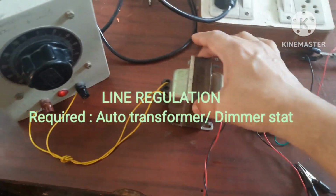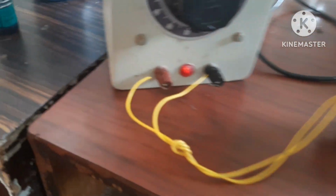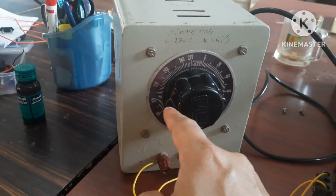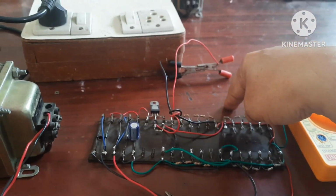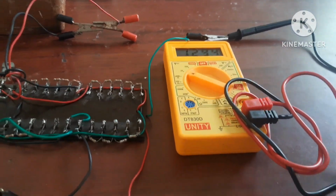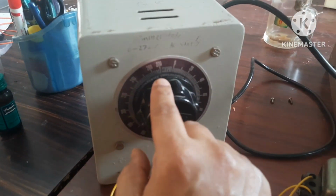In line regulation we have connected this primary of the transformer to auto transformer or thermostat. In this auto transformer you can vary from 0 volt to 270 volt. Here we don't require current meter, therefore we have removed that current meter and directly connected these two connections. Here we have kept voltmeter. Now see, when it is 270 volt,